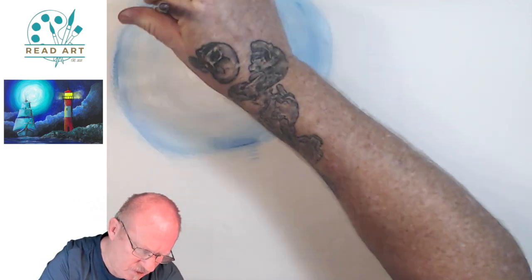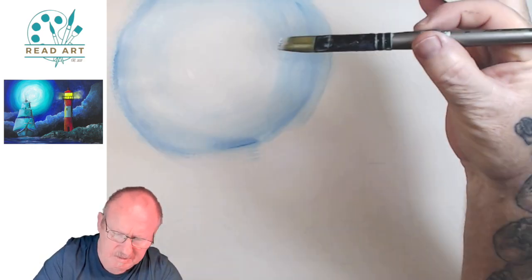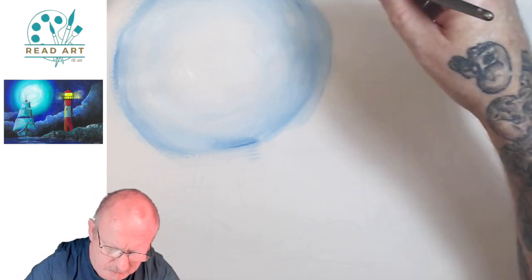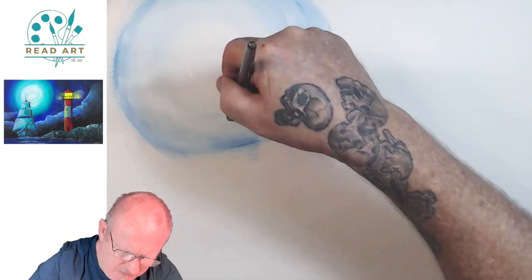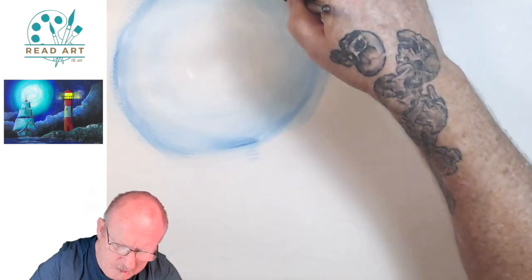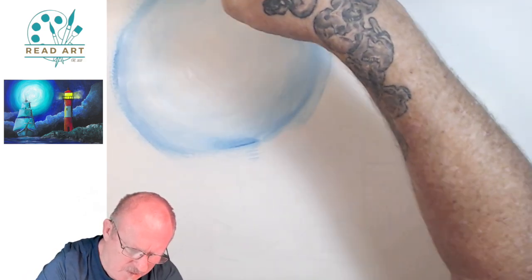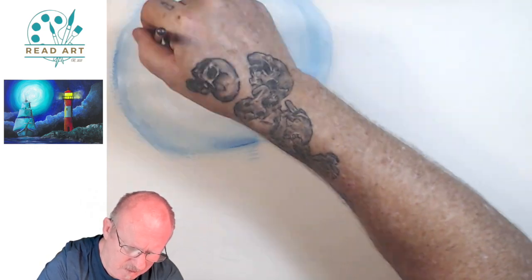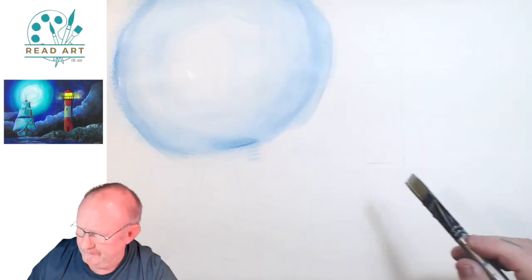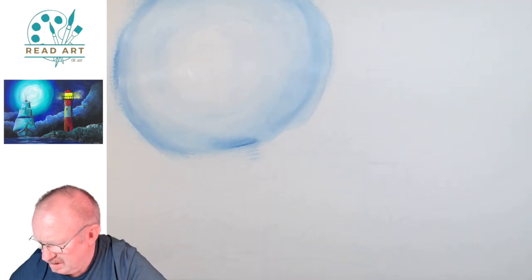Now don't push, you should never have to push hard on your brush. Just hold it really lightly. You can hold it within 2 fingers and it'll still do the same job. You're not putting paint on to scrape it straight back off again. There we go. Now we're going to work our way to the outer sky,